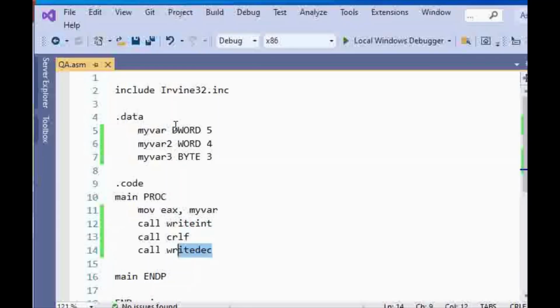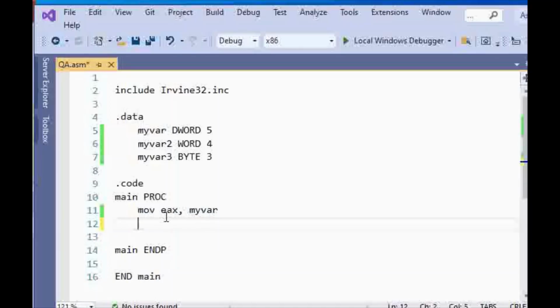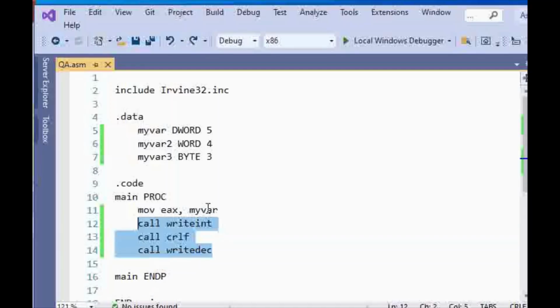Okay, so this is in the case that our variable is a DWORD. But what if we have a WORD, or what if we have a BYTE? Let's see what we can do in those cases. I mean, that part is going to be the same. I just have to change this part. We have two options for